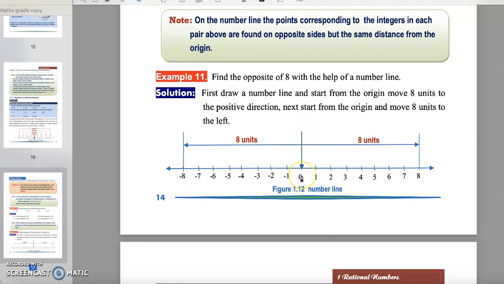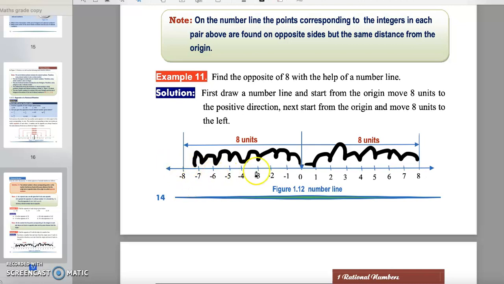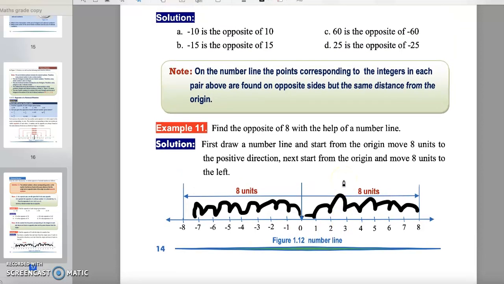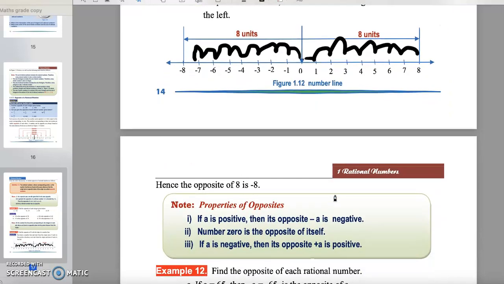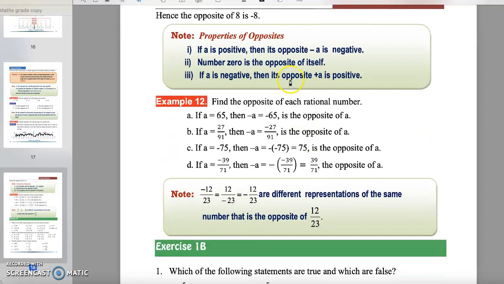ስለዚህ 0 is the midpoint as always. So 8ን የምናገኘው ስንት ዩኒት ሄደን ነው? 1 2 3 4 5 6 7 8. So በዚህኛው ሳይድም ከ0 ስንሄድ ወደዚህ 1 2 3 4 5 6 7 8. I'm sorry. So በዚህኛውም ሳይድ 8 ሳይድ ብንሄድ ራሱን ኦፖዚቱን ልናገኝ እንችላለን ማለት ነው። ስለዚህ opposite numbers they are found in different directions but they have the same distance from 0 ስናይ equal distance ላይ ነው ማለት ነው የሚገኙት። On the number line the points corresponding to the integer in each pair above are found on opposite sides but the same distance from the origin ማለት 0 ነው። ስለዚህ ይሄንን በዚህ መልኩ ማወቅ እንችላለን ማለት ነው።